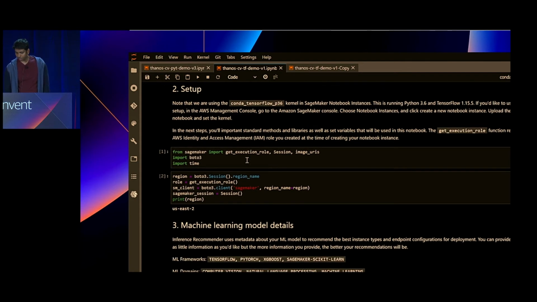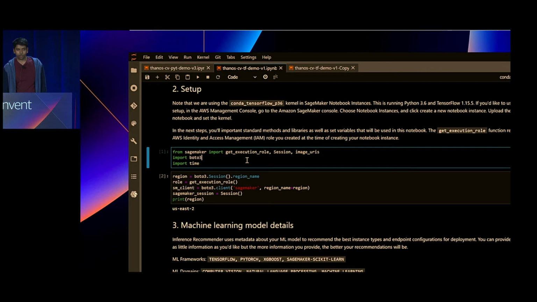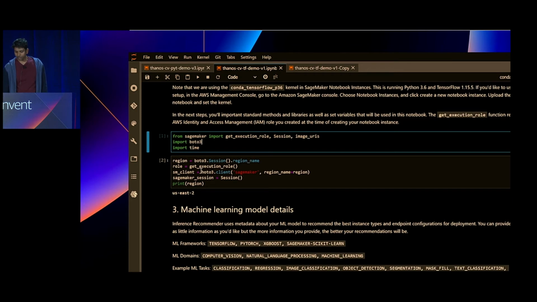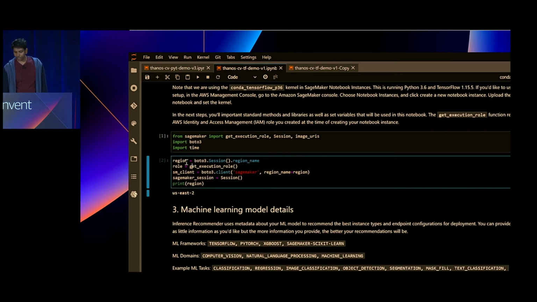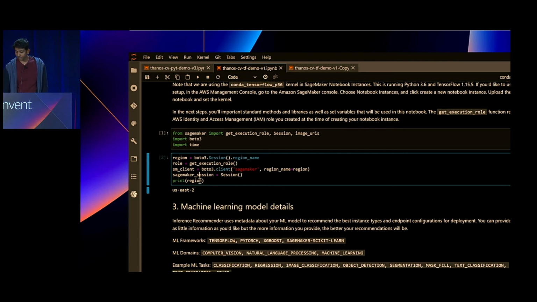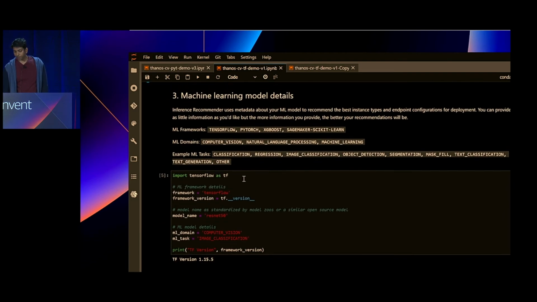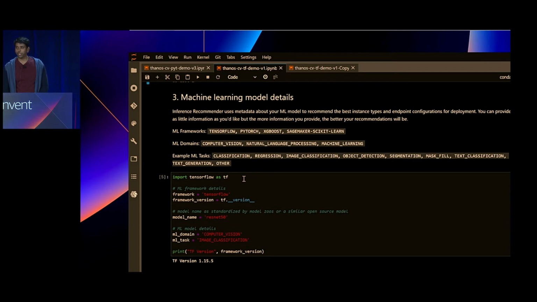And here we're just importing some basic methods from SageMaker and storing some useful variables like the region name, a SageMaker client, and then a SageMaker session we can reuse for different tasks. The next step is providing your machine learning model details.